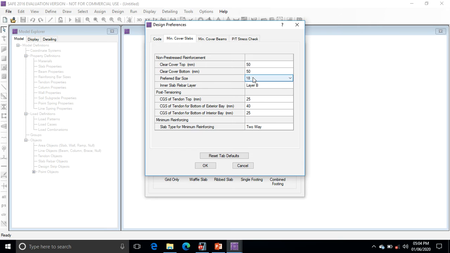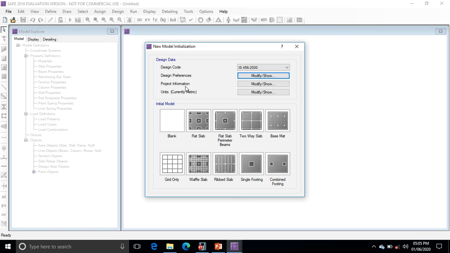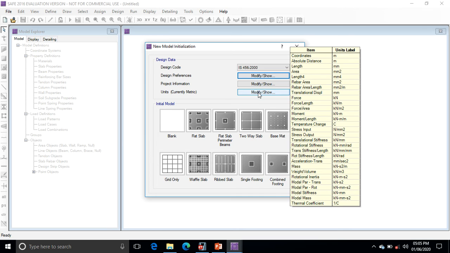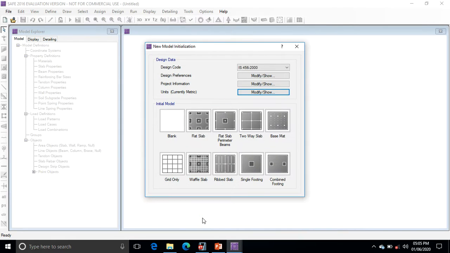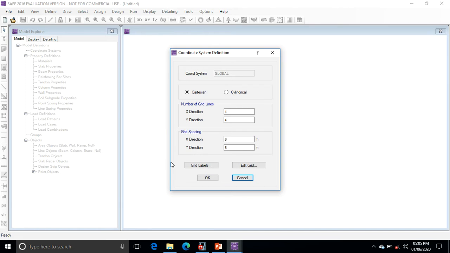Here use the diameter of bar as 22. Okay, the rest of the constants are the same. Click on OK. Then in project information, we can add the details of the project. Then for unit, it must be metric default. Click on OK. After setting all the parameters, click on the grid only tab. Then the number of grid lines, here the number of grid lines in x direction is equal to